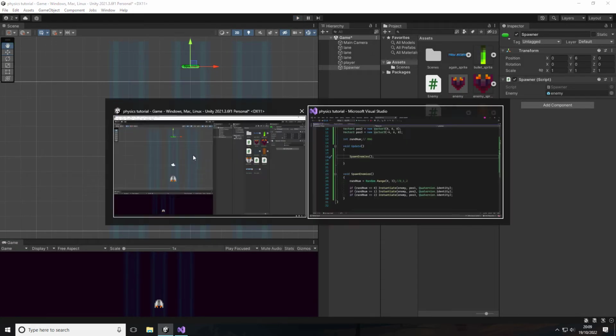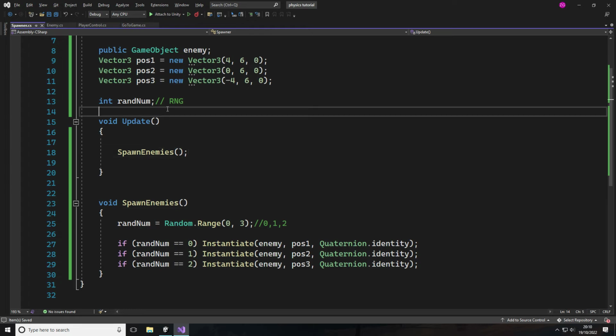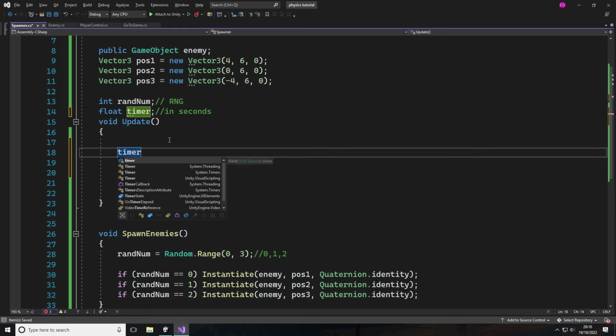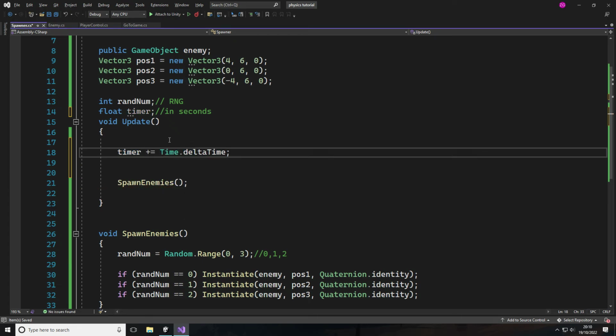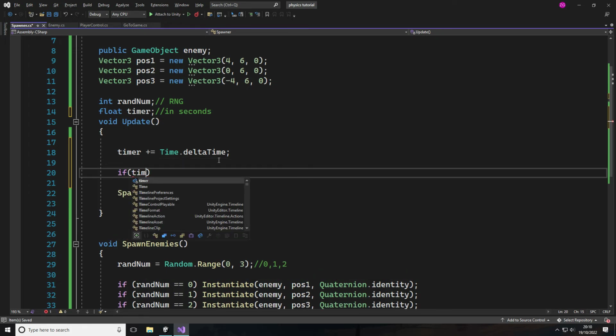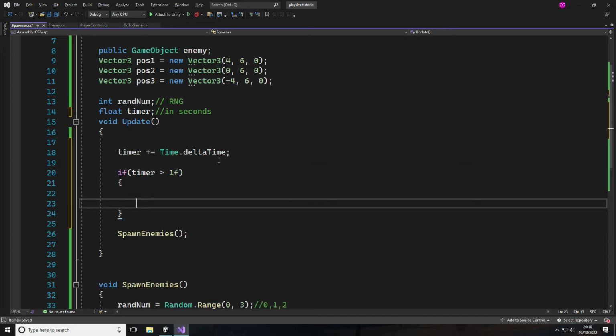Okay, so this is working, so let's add a timer. To add a little timer function, let's add a float timer, and this will be the timer in seconds. If you simply add Time.deltaTime, this will be your time in seconds since this object started running, right? And then we just want to say if timer is greater than, let's say, 1 second, then we will want